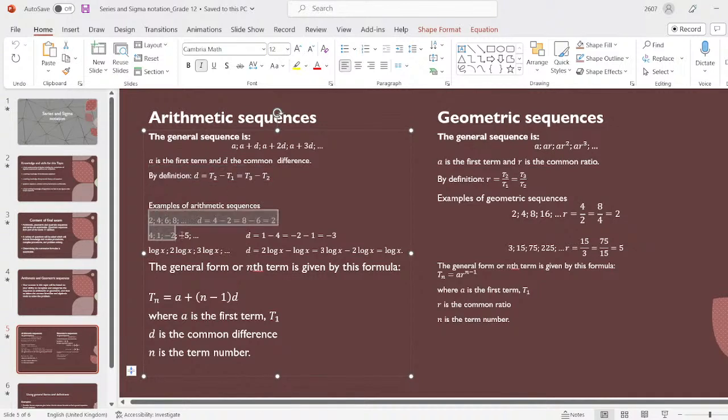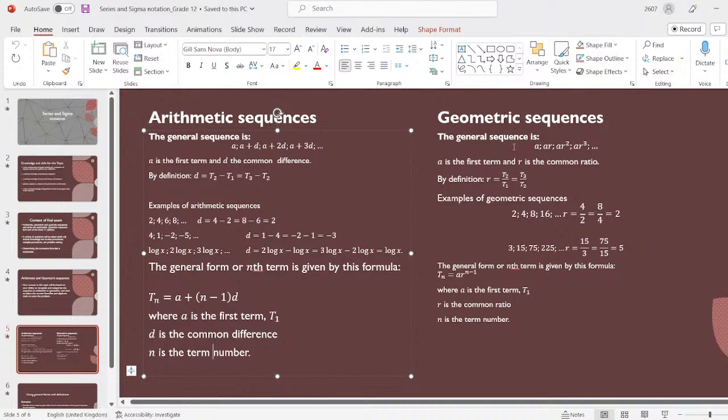So this is an example, you can go through it later. Then the general form or nth term is given by the formula Tn is equals to a plus open brackets n minus 1 into d. So a is the first term T1, d is the common difference, and n is the number of terms, or is the term number. Then let's go to geometric